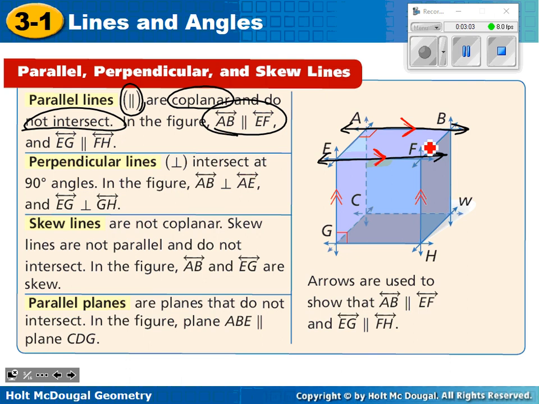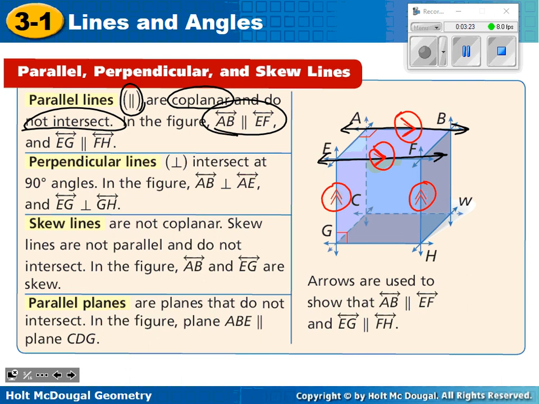But what do you notice about the arrows there? They use 2 to show you that they're not all 4 parallel. Okay, so these are parallel to each other, and then these are parallel to each other. So just like with tick marks, you use a different number of arrows to indicate which lines are parallel. Does that make sense? Okay,